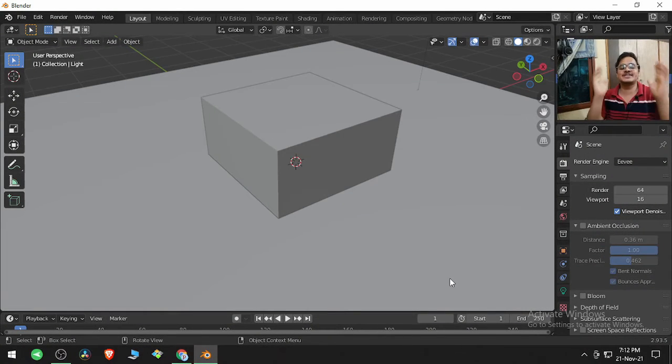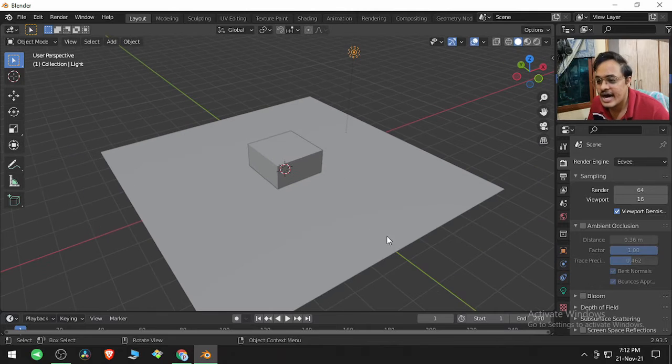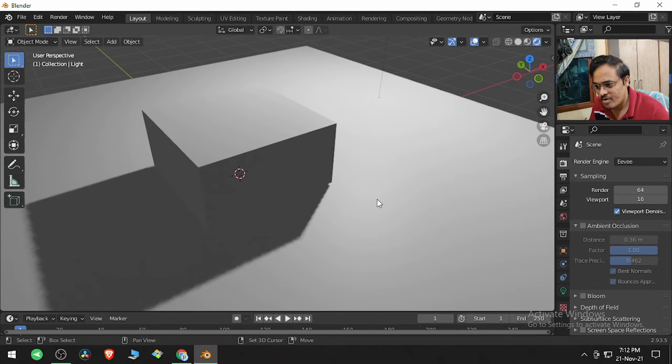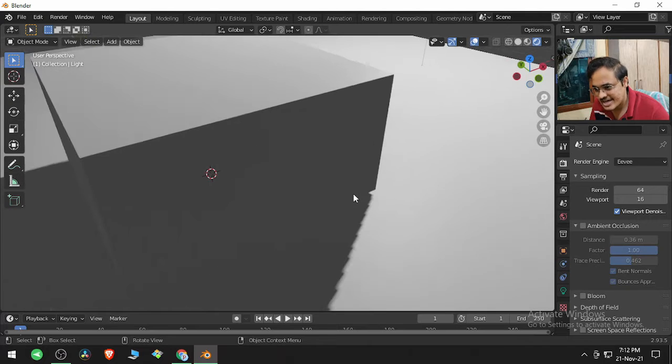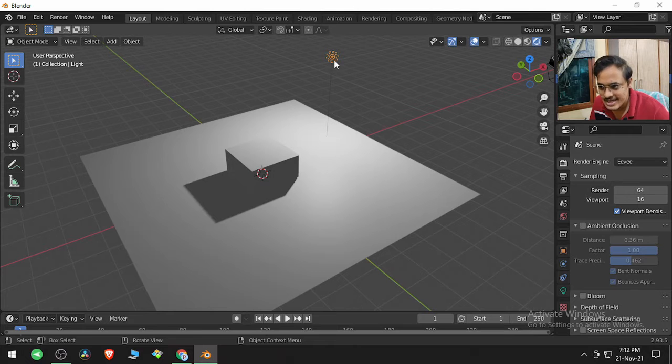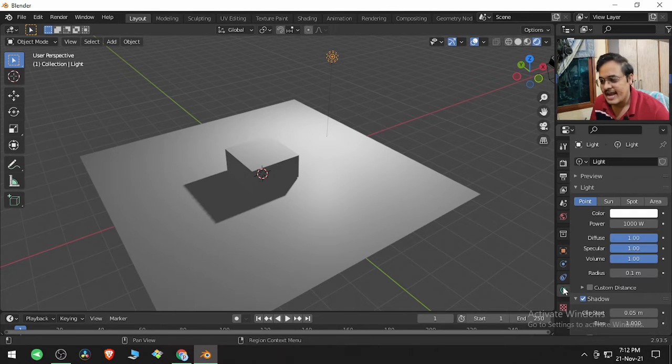Well, let us see what is the next best thing that Blender has to offer. So with that being said and done, what I have done, I have taken a cube, a plane, and a light, and I have gone to rendered viewport mode. One thing that is creating a problem is this cube and plane are intersecting, but the shadow is not starting right from here. So for that, what I did, I selected the light, came to object data properties, and here